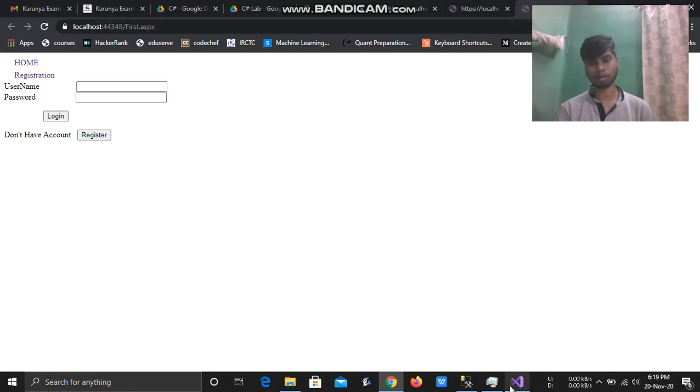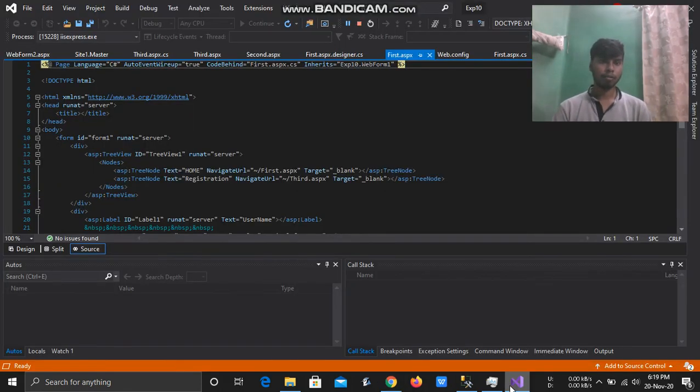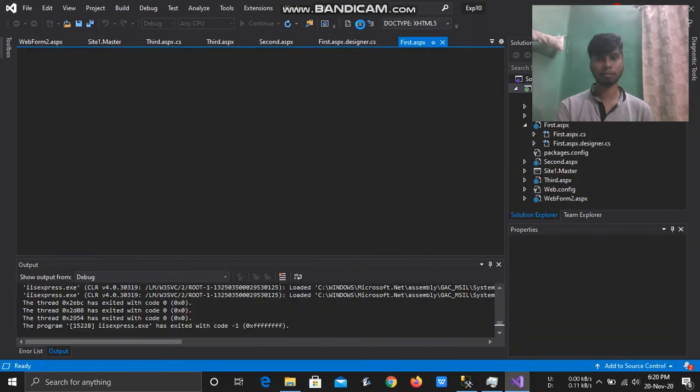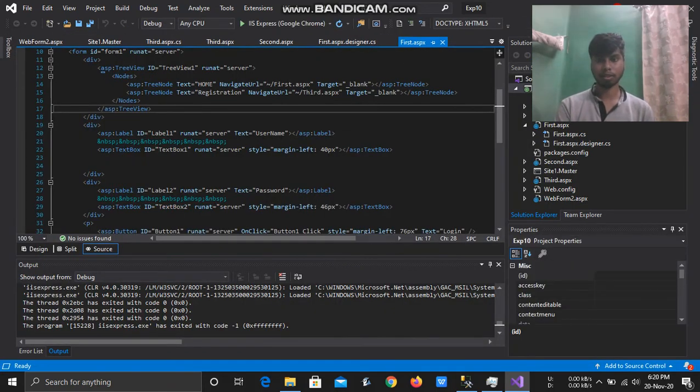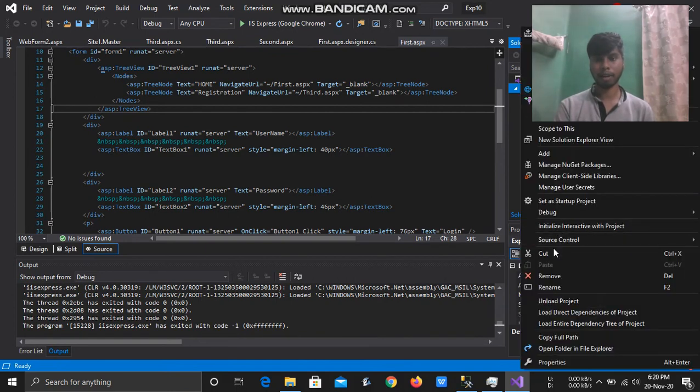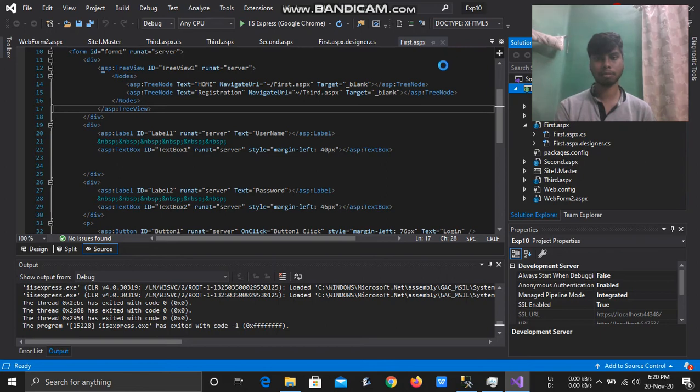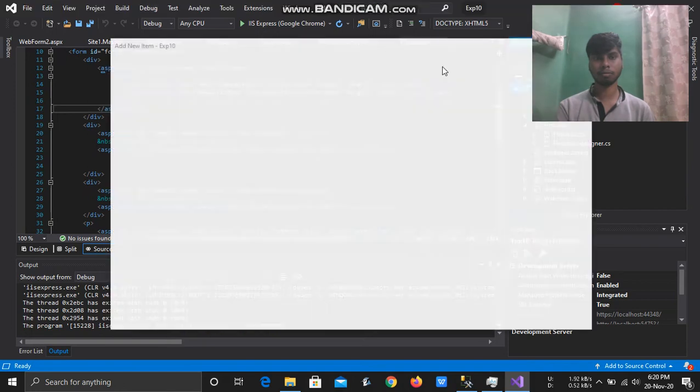Now let's come to the coding part. For this we have to create a web page first, so we can just go here and take the option of adding a new item.